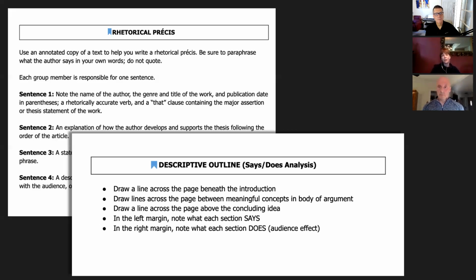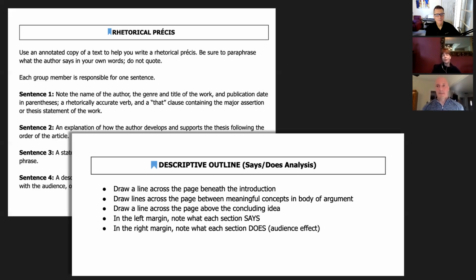And so we do that deep work through strategies like a rhetorical précis. This is a tool that offers not only a summary of what a writer is saying, but also an analysis of what the writer is doing, the writer's purpose, and the writer's audience. We use a lot of descriptive outlining. If you're familiar with the strategy, I have to say this is my go-to technique for deeper reading and for more effective writing. It comes from the work of people like Ken Bruffee, and it's that process of charting a